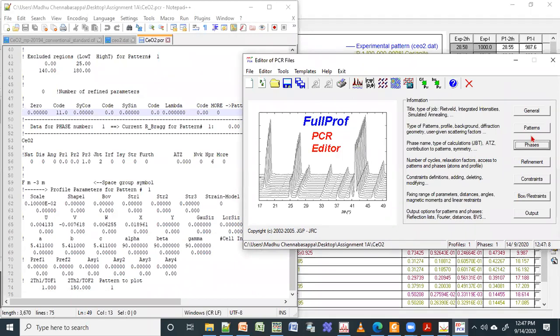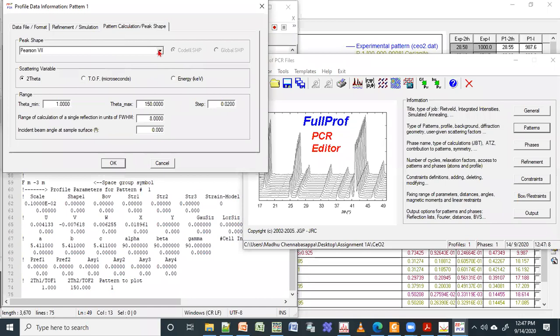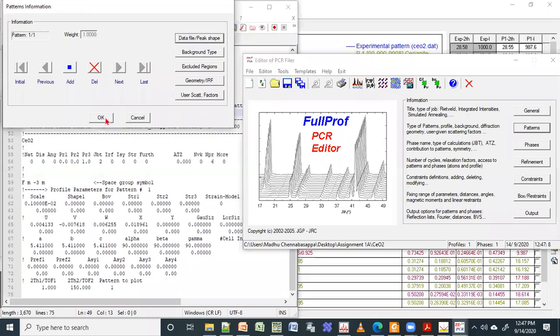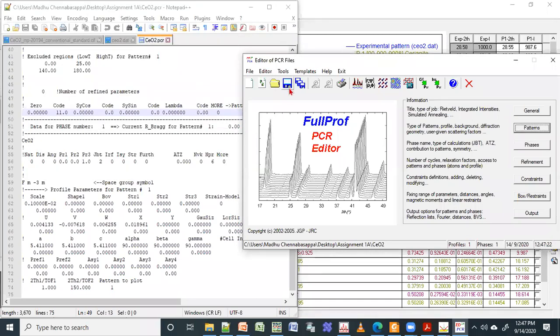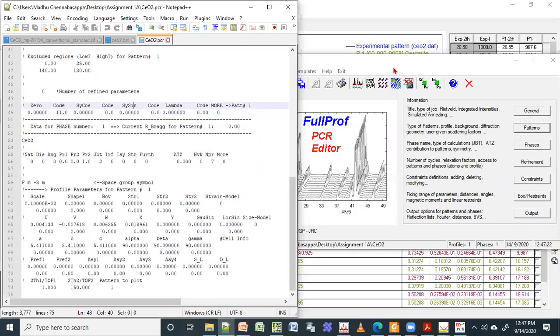So I will do the same thing in this. Okay, so peak shape pattern will be Thomson Cox. You can try different things later, but this works very well for all things. Thomson Cox is working for all, so I'm keeping Thomson Cox. If you go here, it will change to 7. Right now it was 6. Now it will become 7.